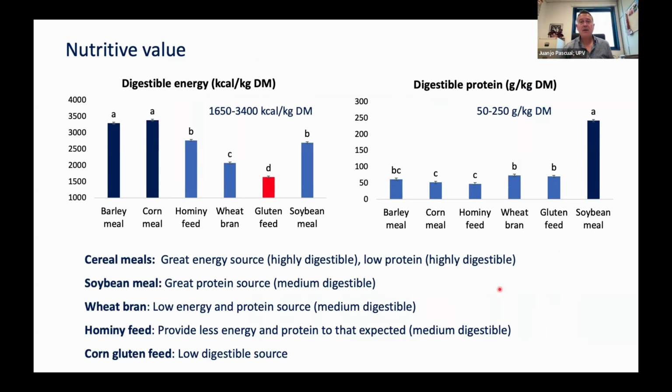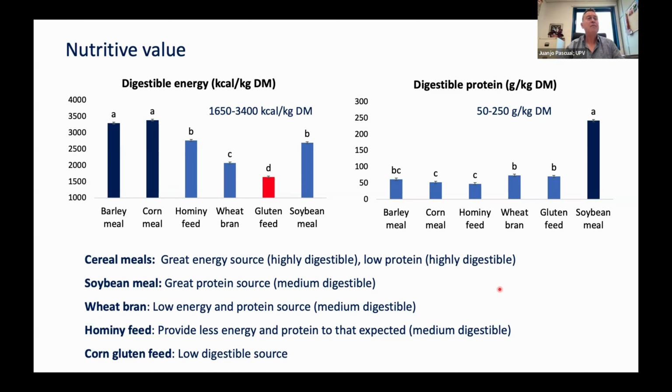With these digestibility coefficients, and also the gross energy and the crude protein of each raw material, we can determine, as I have explained in the equation, what we commonly call nutritional value, determined by the digestible energy and the digestible protein, the 2 main pillars of the nutrition of all animals. And you can see, therefore, that cereal meals are a great energy source, but they have low protein, though highly digestible. The mealworm has a great ability to profit from the protein of the cereal, but